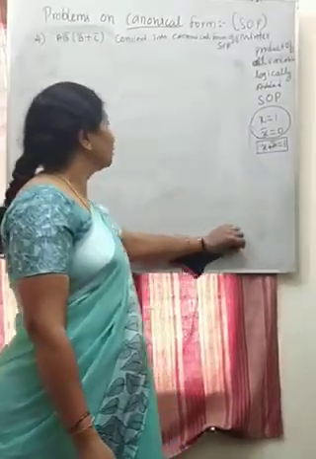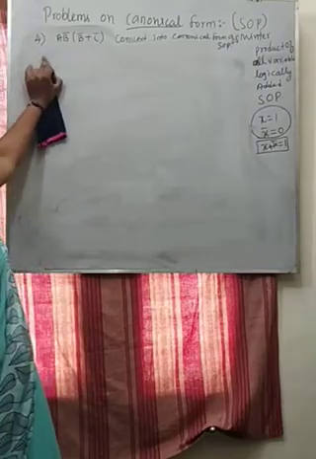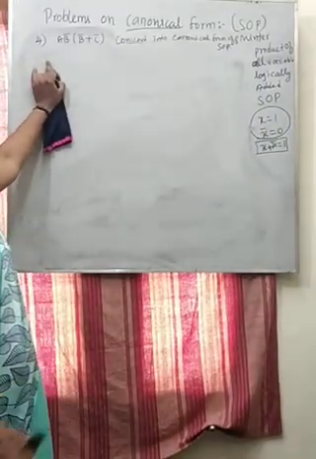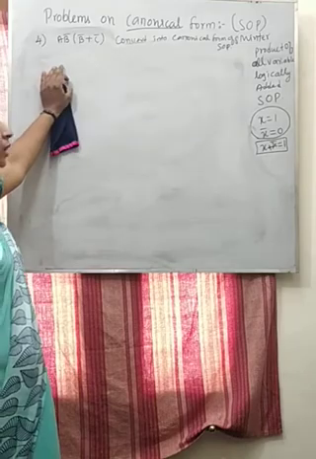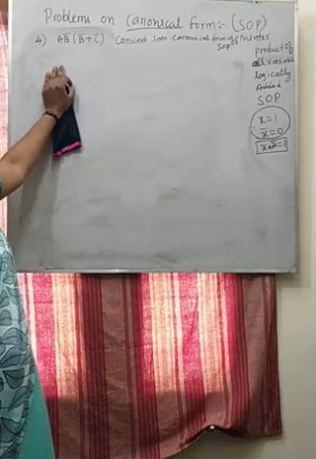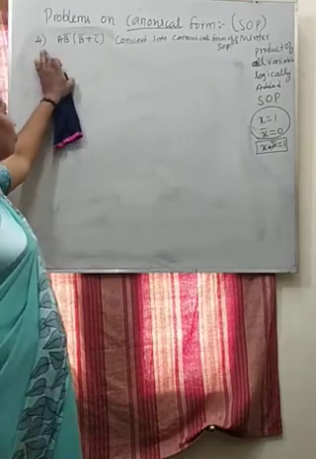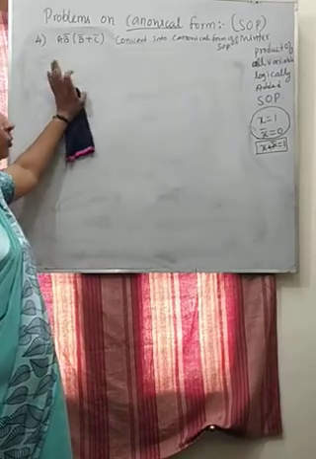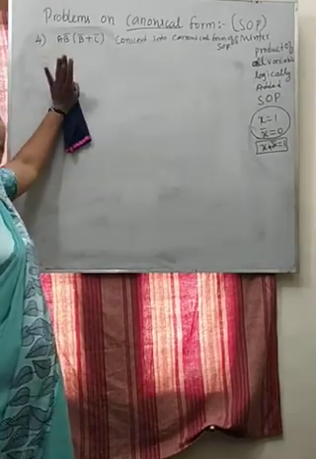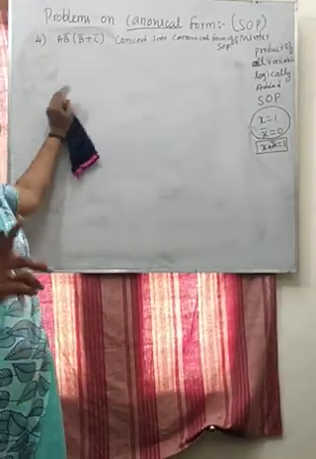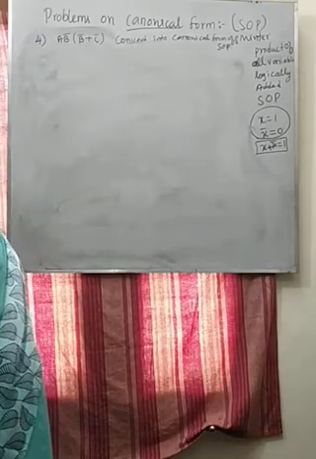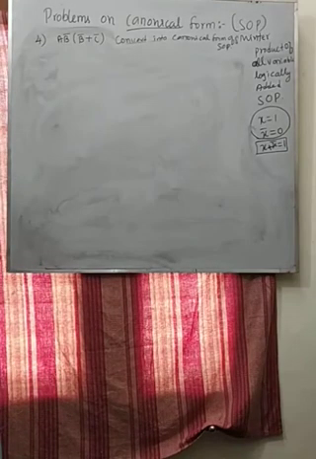You will get the fourth one, which is not in the canonical form, and the fifth one, it is in the canonical form, that is in the SOP, that you can do. And the sixth one I am going to do. The fourth one and the sixth one, which are not in the canonical form, I am going to do now. The third one and the fifth one are already in the SOP form, that you can do easily.